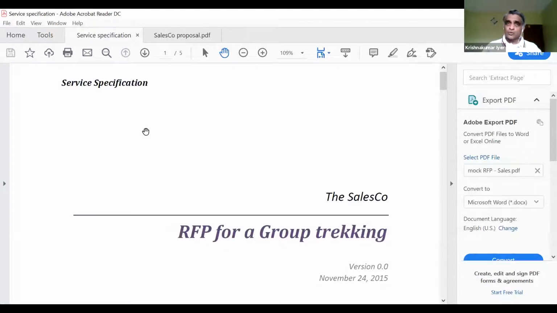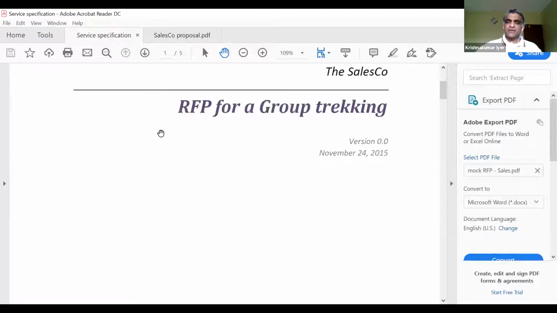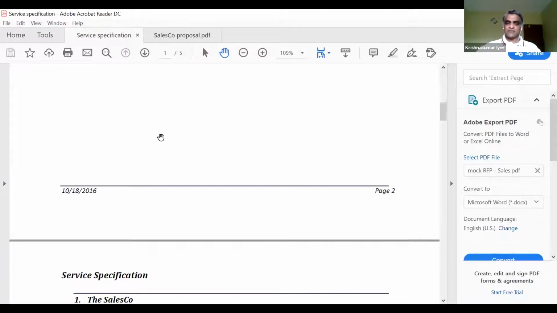And that's what I'm going to walk you through today for you to get a sense of how you can deal with RFPs like this. So the first step that we try to do when we go through the RFP is identify a set of issues as far as this particular RFP is concerned. What is an issue? An issue is anything that is of interest as far as the RFP is concerned.